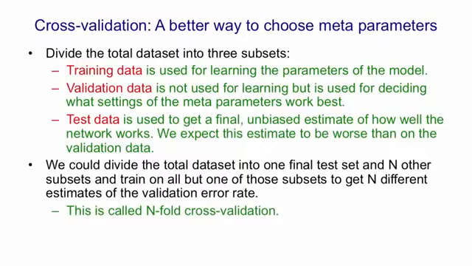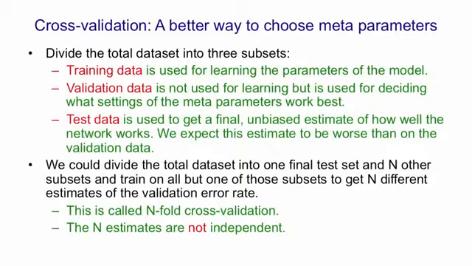It's important to remember the n different estimates we get are not independent of one another. If, for example, we were really unlucky and all the examples of one class fell into one of those subsets, we'd expect to generalize very badly. And we'd expect to generalize very badly whether that subset was the validation set or whether it was in the training data.